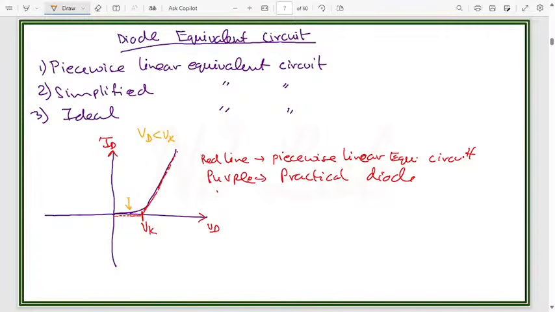It is increasing, but the increase in the current is very small, right? But it is not zero. So in the practical diode it is not zero, but in the piecewise linear equivalent circuit, we assume that it is zero, right? So if we make a practical and piecewise